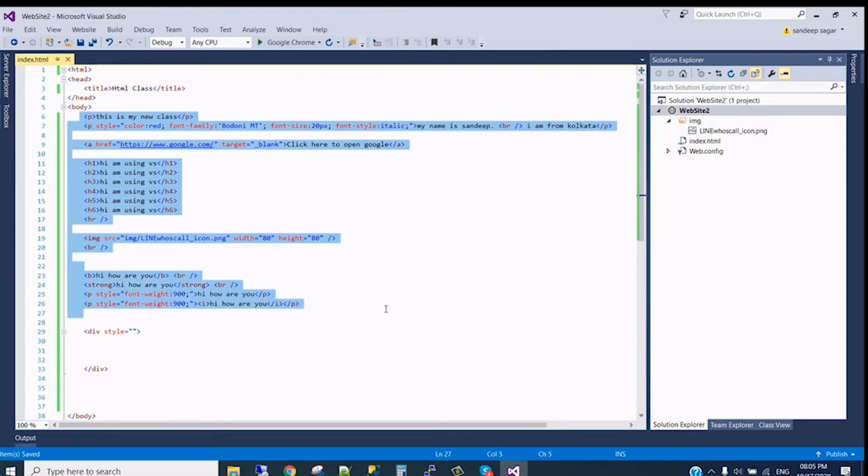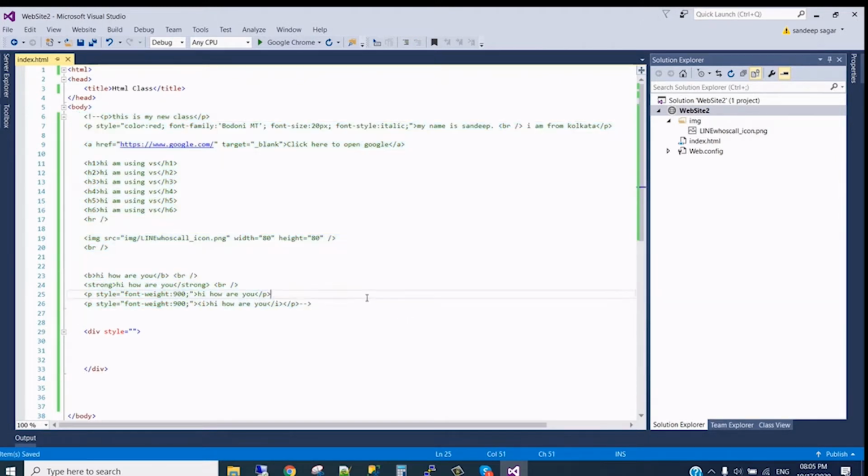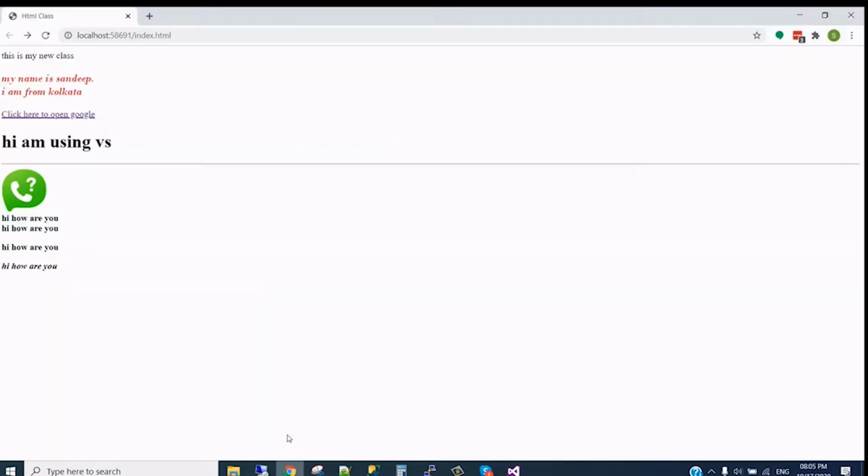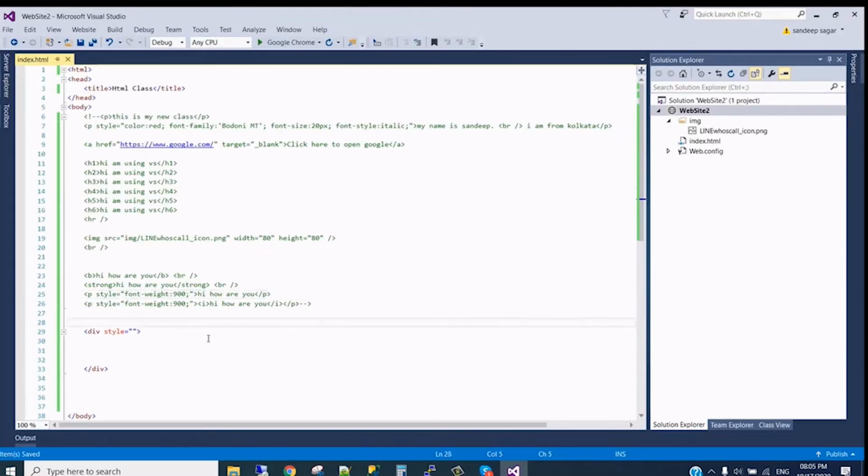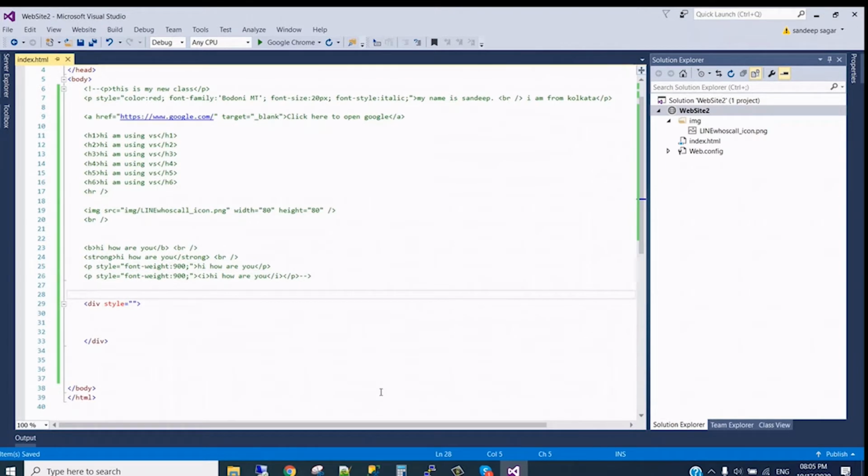Let me comment out this whole part. Now my web page is blank, and I will make a div, and I want the background of the website to be a different color.